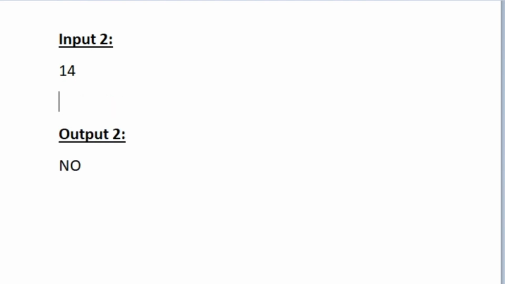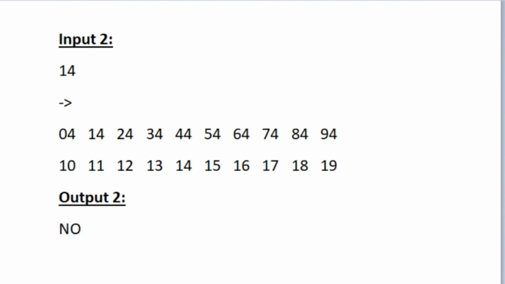So in the first iteration, we will be replacing the first digit of the integer n with the digits from 0 to 9. And in the second iteration, we will be replacing the second digit of the integer n with the digits from 0 to 9. So in the first line, we can see that the first integer is 04, and then it is 14, and then 24, 34. So the first digit is replaced from 0 to 9. So 0, 1, 2, 3, 4, and so on until 9. So the second digit is always 4. So these are the 10 new integers formed by replacing the first digit of the integer n. And here out of these 10 new integers, none of the integers is a prime number.